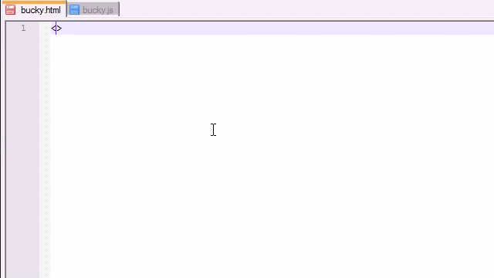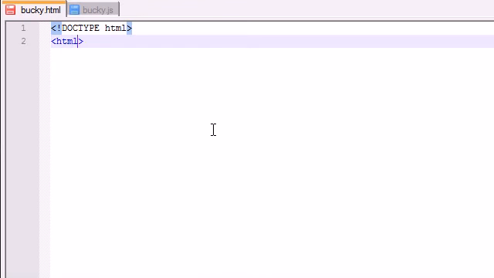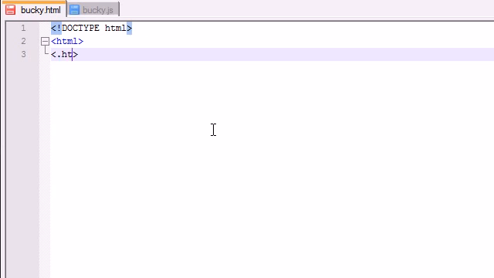So go ahead and make a basic HTML file, and in it, the first thing you need is your doctype, HTML, and then we need all of the boring tags, HTML, ending HTML, and we also need to do this for the head,